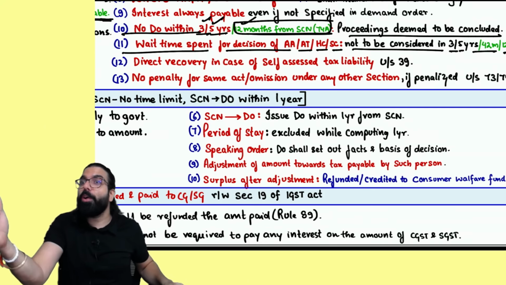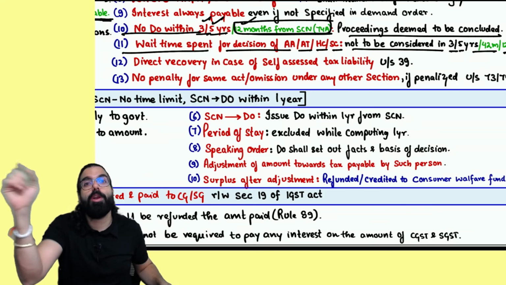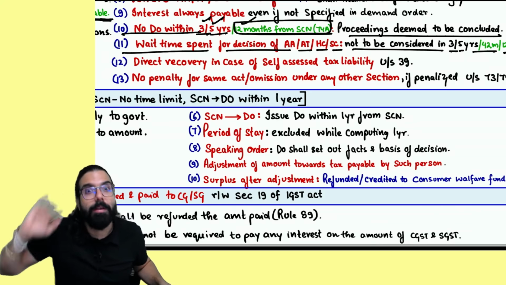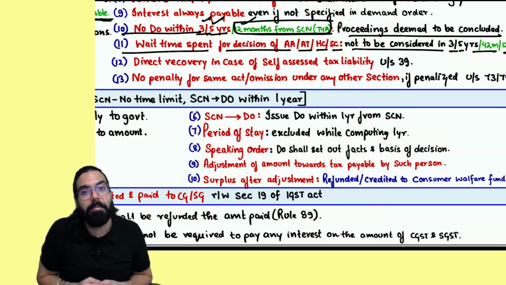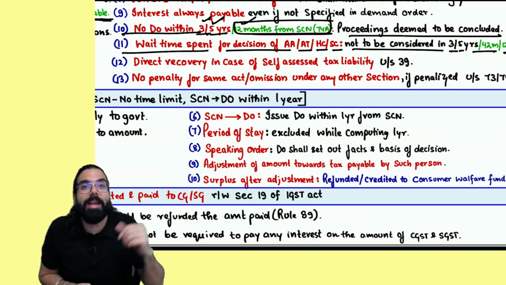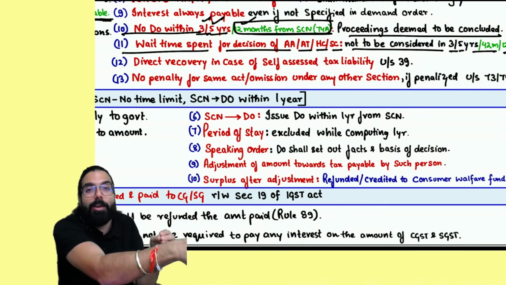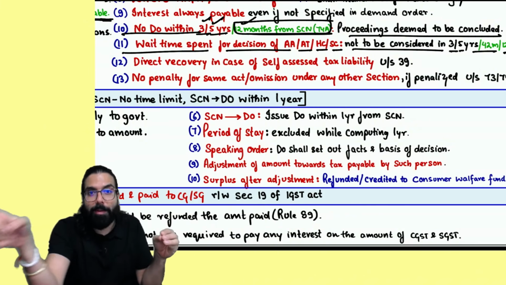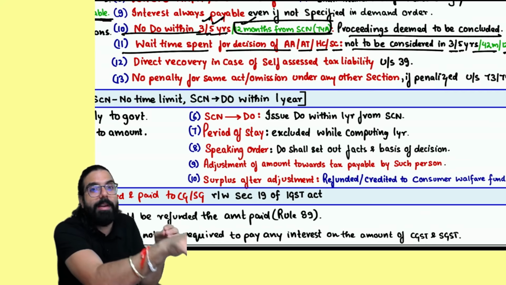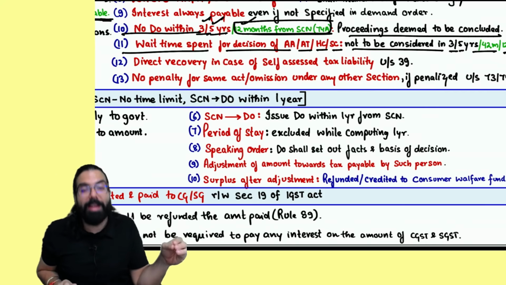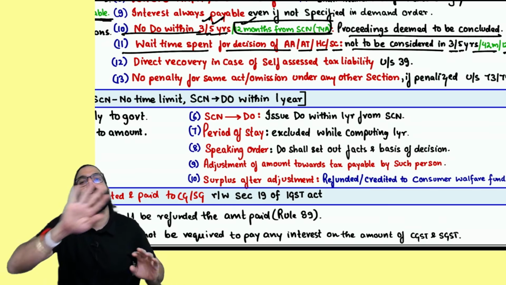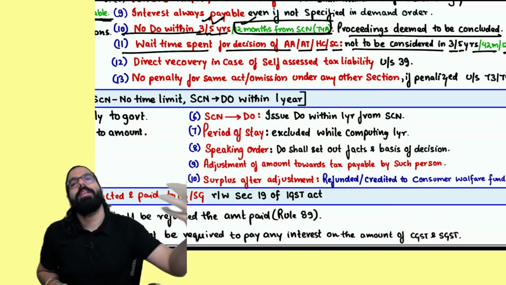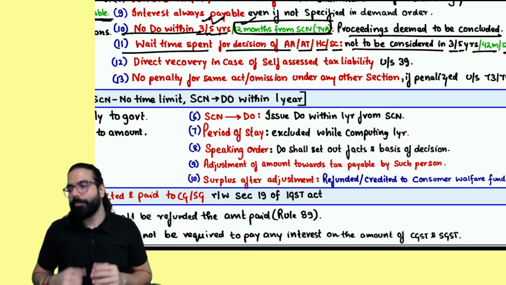Now, sir, I am waiting for the appellate authority, appellate tribunal or court to pass their order, and they took 5 years. The time limit to pass the demand order is only 12 months. Here they took 5 years. I was waiting so that I can go ahead and give a similar decision. Whatever decision comes in Ram's case, the same decision I can apply in Shyam's case. I waited 5 years, 12 months gone. Now what to do? No problem. Those 5 years will be excluded while calculating the 12 months, is what they are trying to tell.